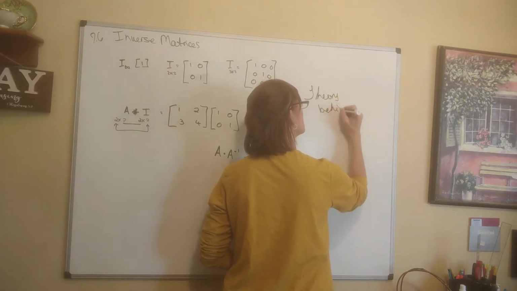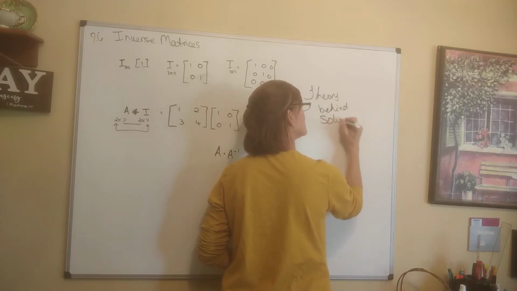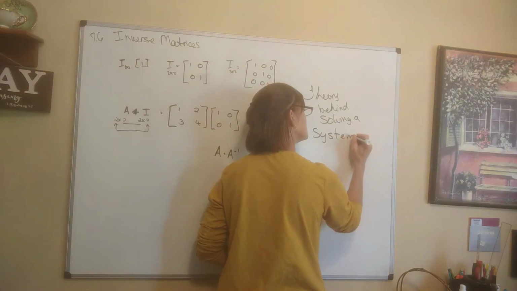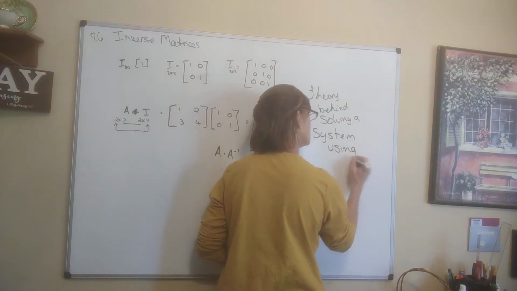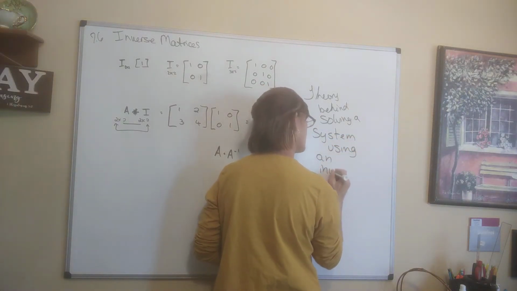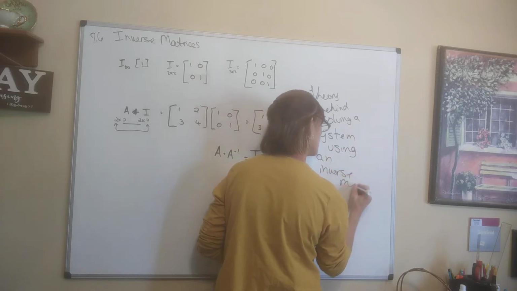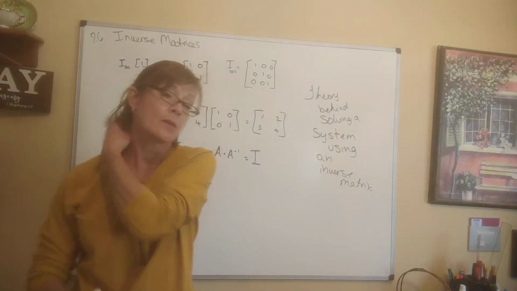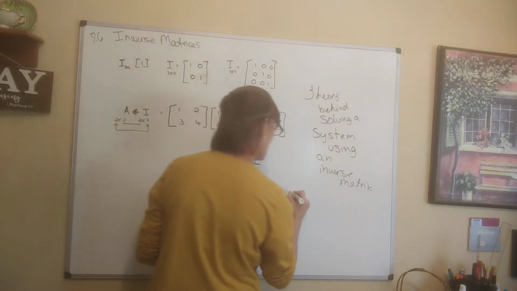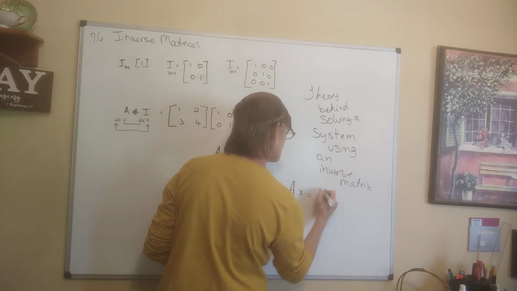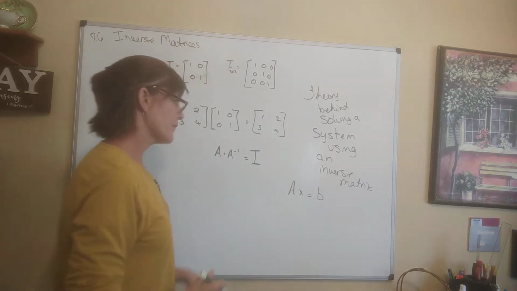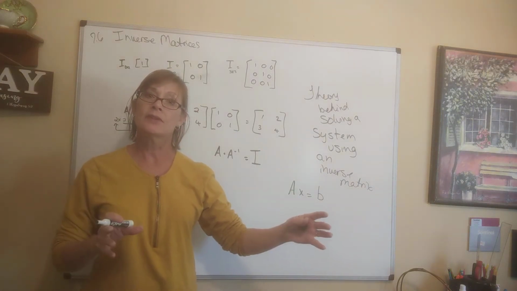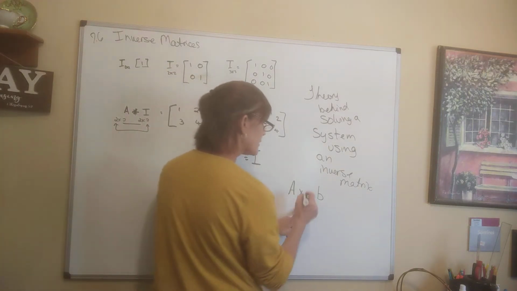So here is the theory for solving a system of equations using an inverse matrix. Suppose we have a system of equations and we write the matrix equation AX equals B. If we multiply both sides of this equation by A inverse, because remember we're solving for X,